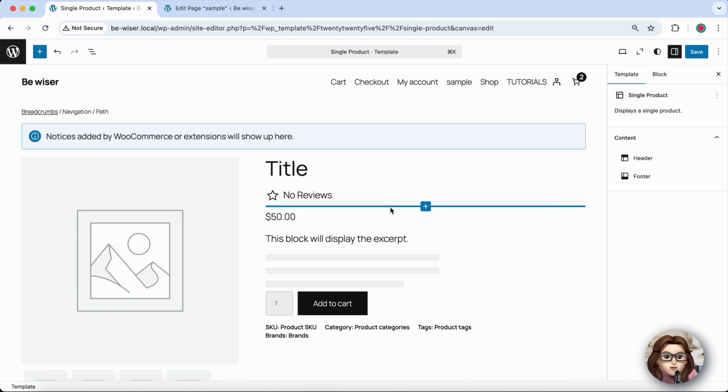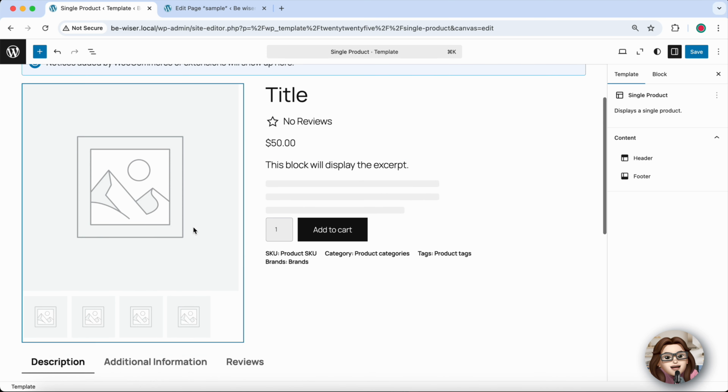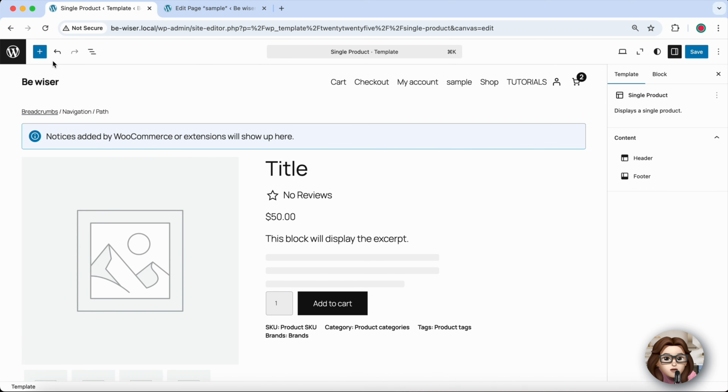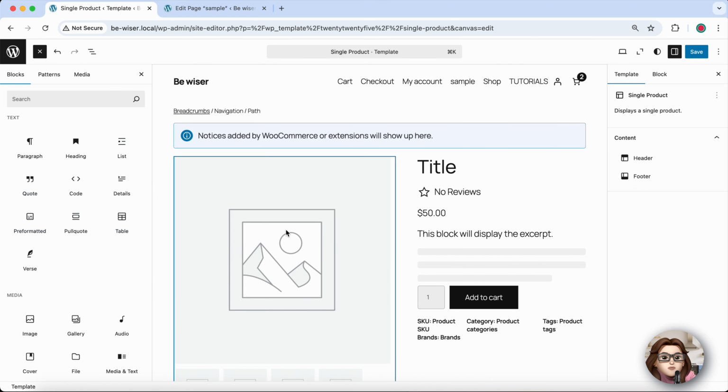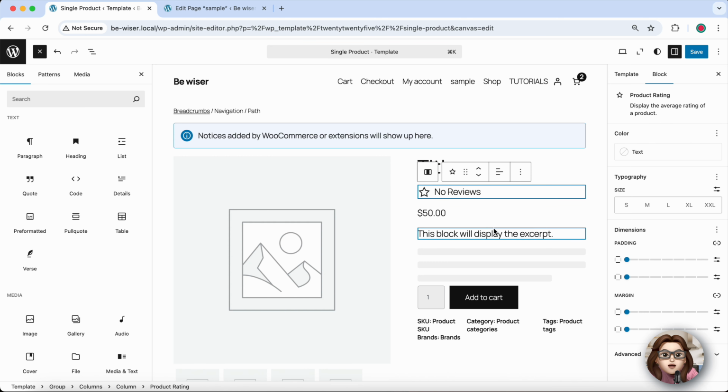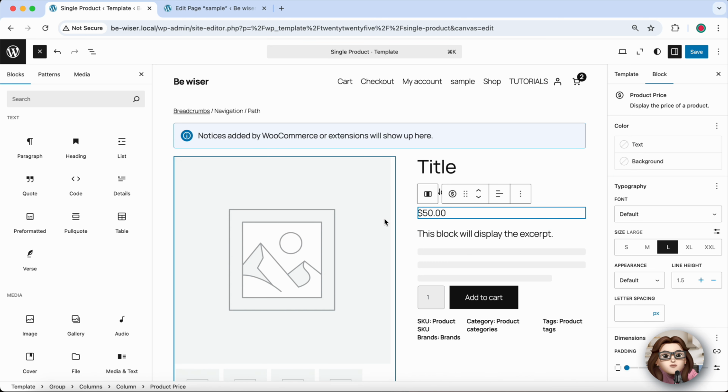Inside the editor, you will see the default design. Start by adding a group or columns block to organize your layout. Then add WooCommerce blocks like product title, product image, and product price. Include the product rating block for reviews, and don't forget the Add to Cart button so customers can easily make